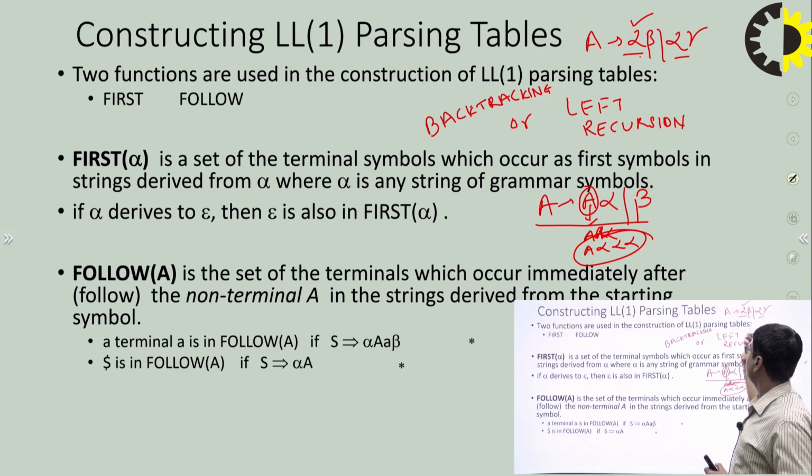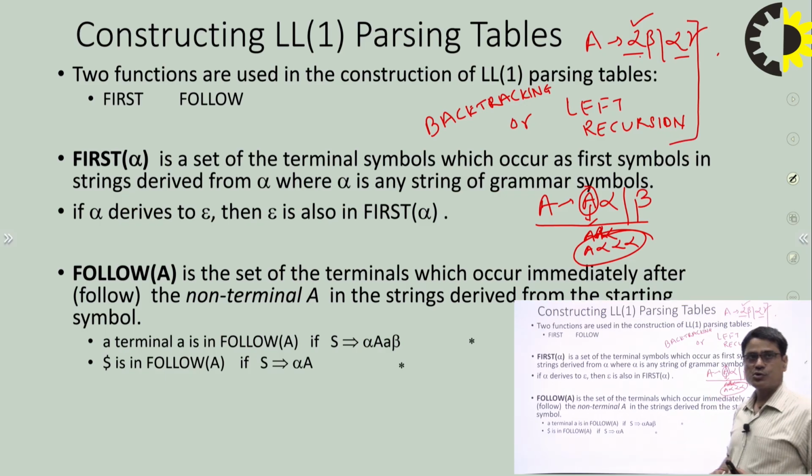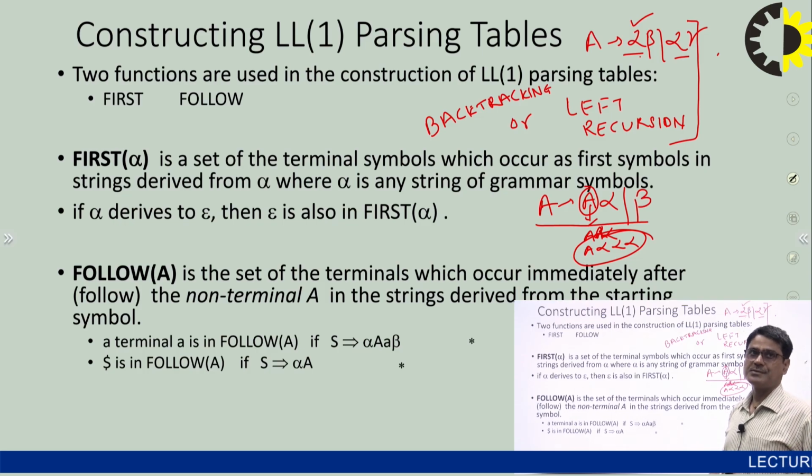So what you have to do is backtrack. Suppose you are moving through alpha beta, and a grammar is given with two productions. You move with the first production, and you might reach an end state where you are not getting the particular string. Then you have to backtrack. That's why it is called the backtracking problem. These two problems must be resolved before applying the grammar to a top-down parser. So this is the basics for when we are using the top-down parser.